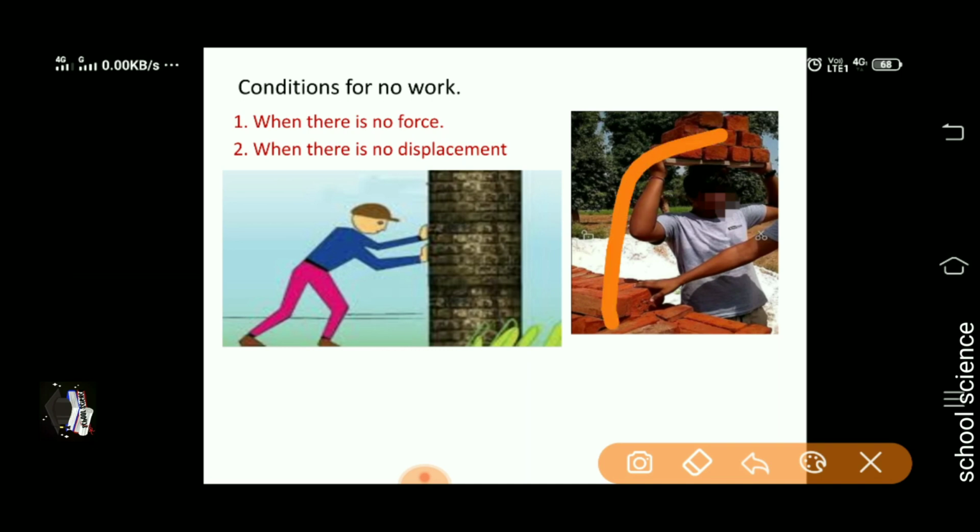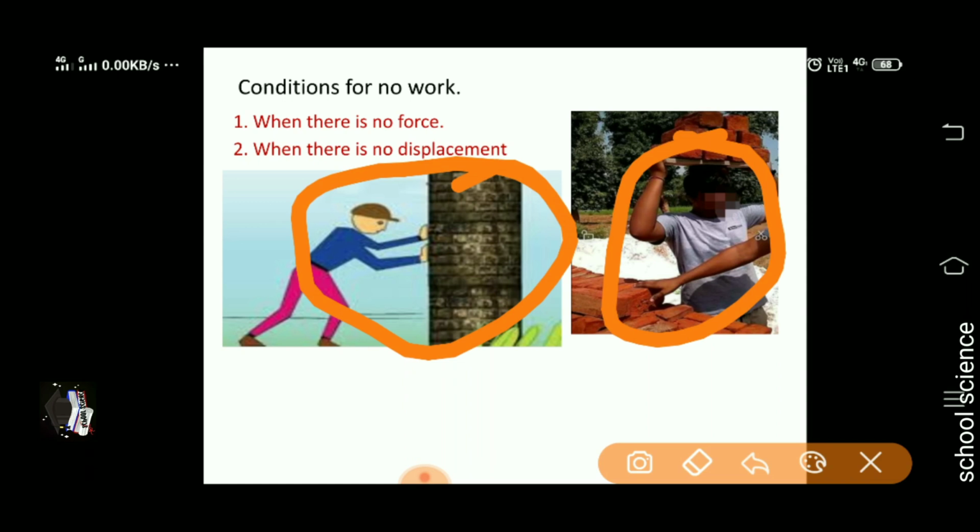Look at this person. He is not moving, and look at this wall. It is also not moving. Though there is a lot of force, okay? He has to apply a lot of effort to hold this brick, and this person is applying a lot of force to this wall, okay? But in both the cases there is no work because there is no displacement,